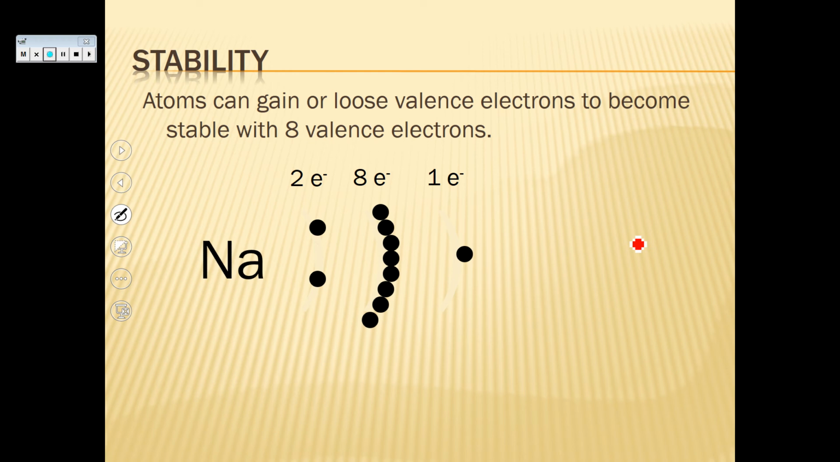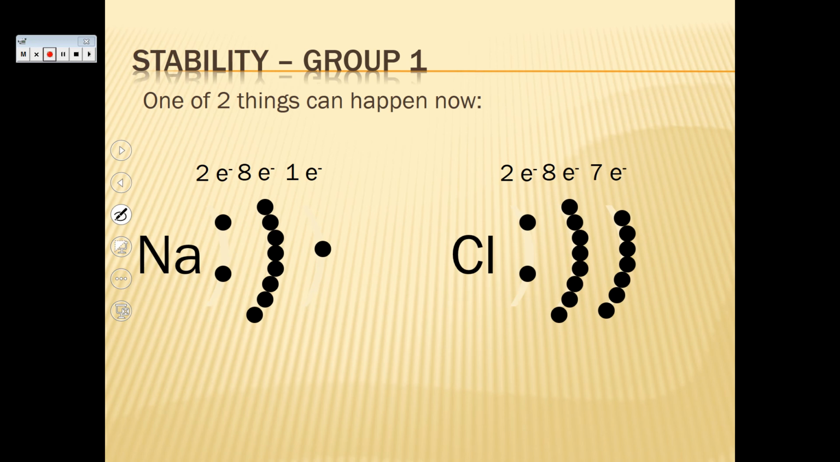As we saw with sodium and chlorine, let's take a look at their Bohr diagrams. Sodium, which has 3 rings, has 1 valence electron in its outer ring. Chlorine, which has 3 rings as well, has 7 electrons in its outer energy level. So, in order for both of them to achieve 8 valence electrons in their outer energy level, one of 2